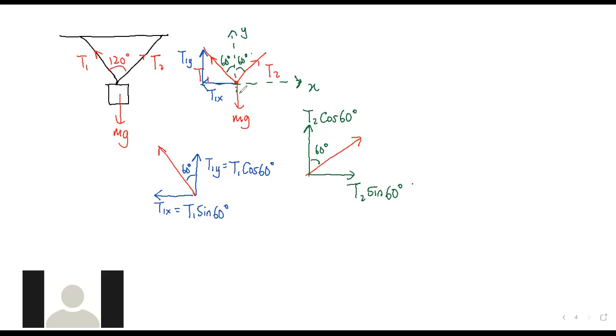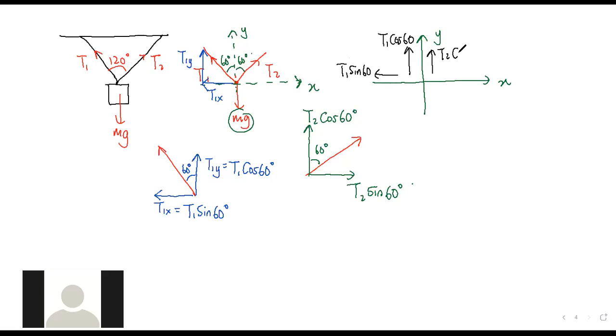OK，现在 mg 我要 resolve 吗？mg 我不需要 resolve，因为 mg 它已经是在 y axis，它已经是算是 vertical component 了。所以我 resolve 完了，我画我的 force，它看起来是这样子。这个是 y axis，这个是 x axis，然后我这边有 T1 cos 60，这个是 T1 sin 60，我还有这个 T2 cos 60，然后 T2 sin 60，最后我有一个 vertical 下面 mg。